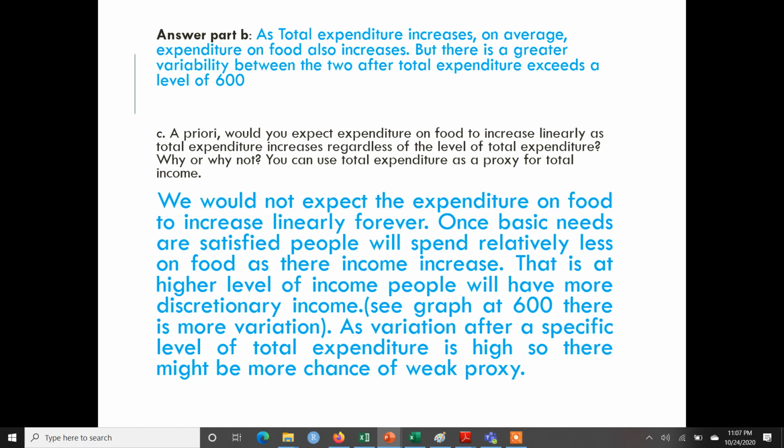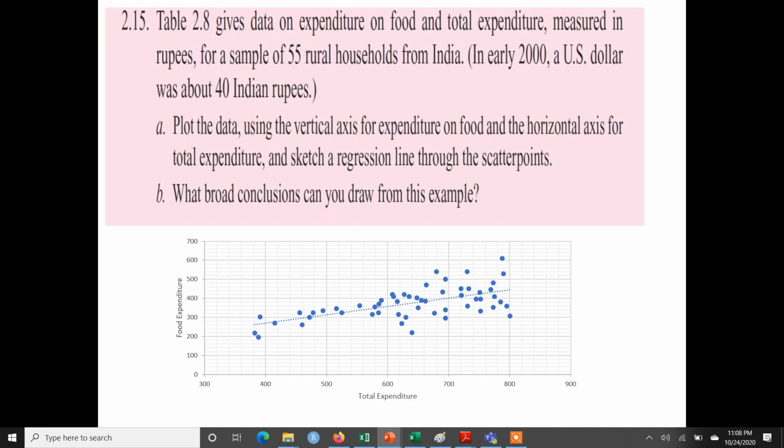It's fairly possible that a rich family may be consuming on luxury goods and other items. So once basic needs are satisfied, people will spend relatively less on food as their income increases, right? Till a certain level of income, when income increases, there is a tendency to increase food expenditure. But after a certain threshold of income, as we saw here in the plot, if we cross the 600 income level, then the relationship tends to be,